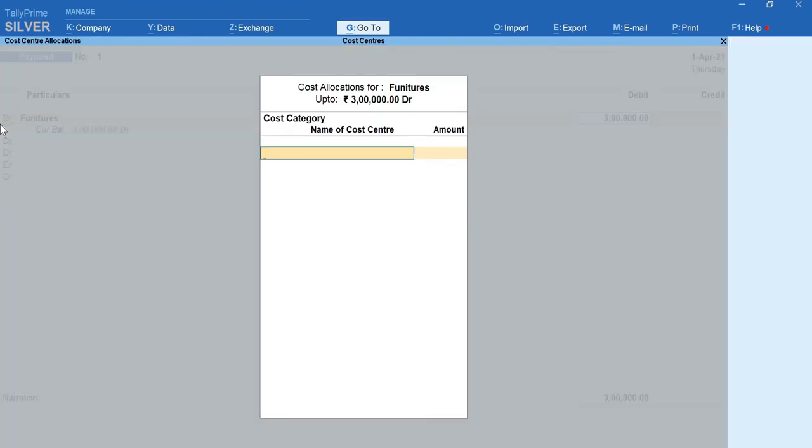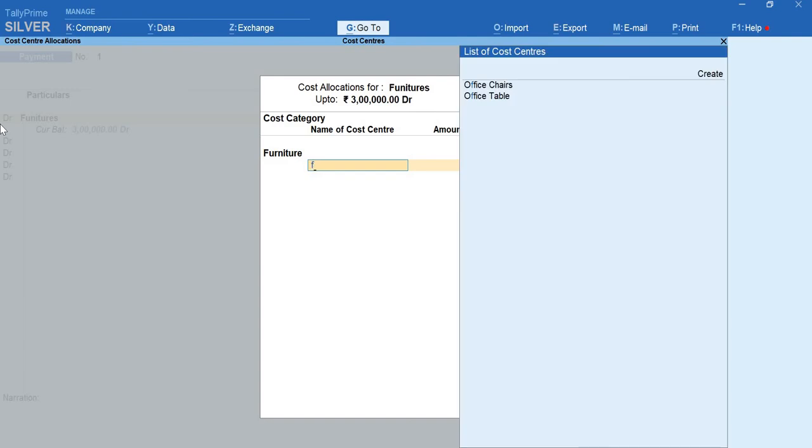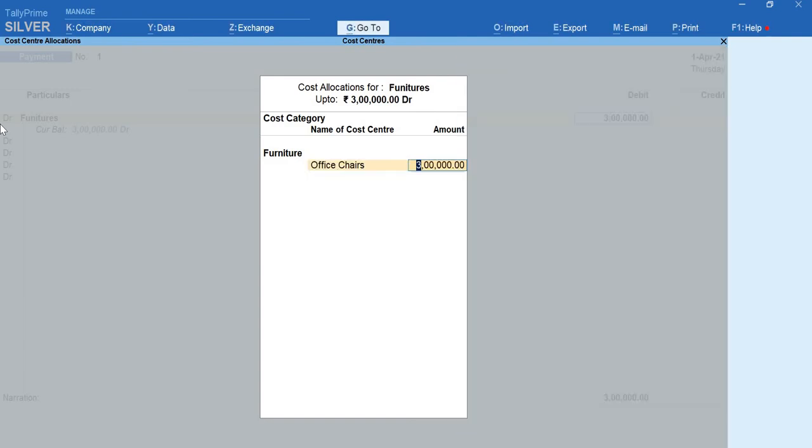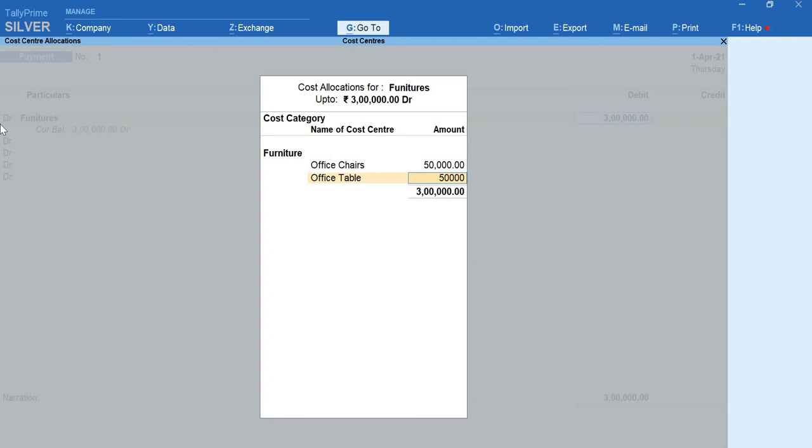I'll strike enter. As soon as I do, I get the cost centers and category column where I can divide the 3 lakh rupees into different furnitures. Firstly, the furniture comes under the category furnitures, so select the category as furnitures. Under this, office chair is for rupees 50,000, and office table is for 50,000.